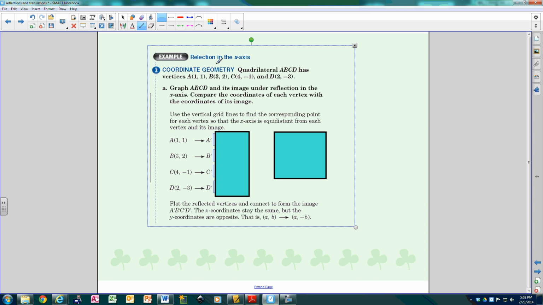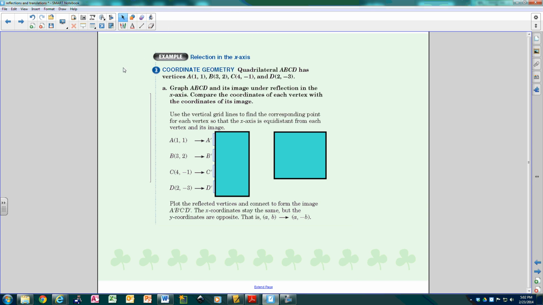All right, so what happens now whenever you reflect using the coordinate grid? Okay, remember I told you it's a lot easier when you reflect on the coordinate grid? Well, trust me, it is. So what we're going to do is take these 4 points and reflect them over the x-axis, okay? So if you think about it, it would help if you have your x and y, okay? So if I have this picture here and I reflect it over the x-axis, I'm going to flip it over this axis,